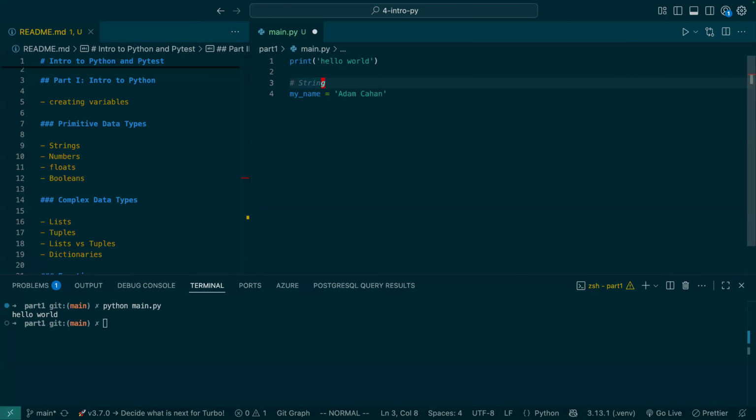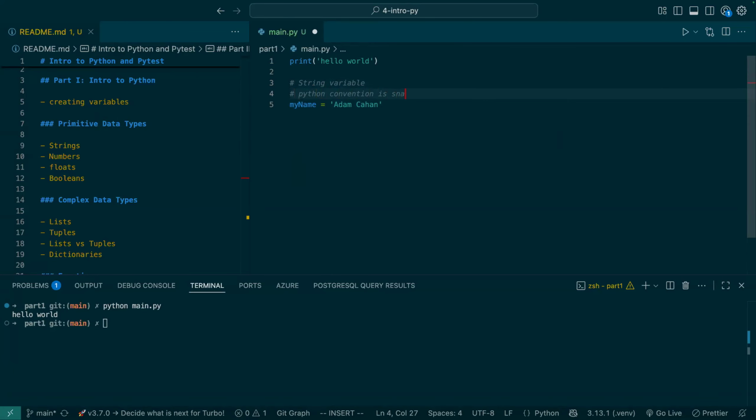I can declare a string variable really simply in Python. I don't need let or const or anything at the beginning of the variable in Python. I just can declare the variable, and whatever is here on the right side of the equal sign gets assigned to the left. Note that while in JavaScript, the convention would be camel case,